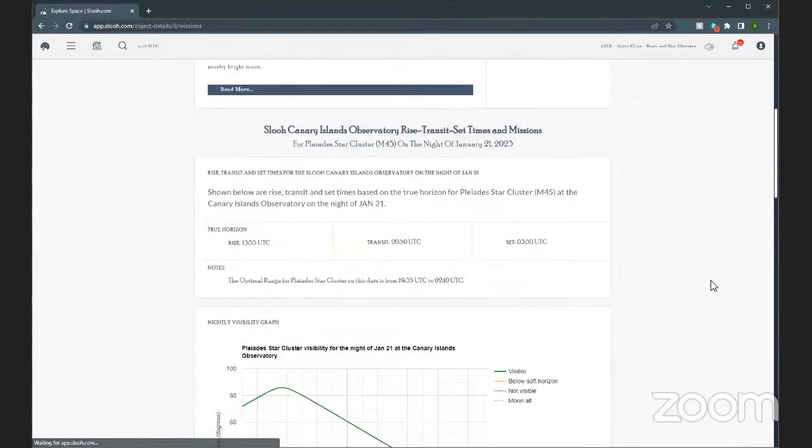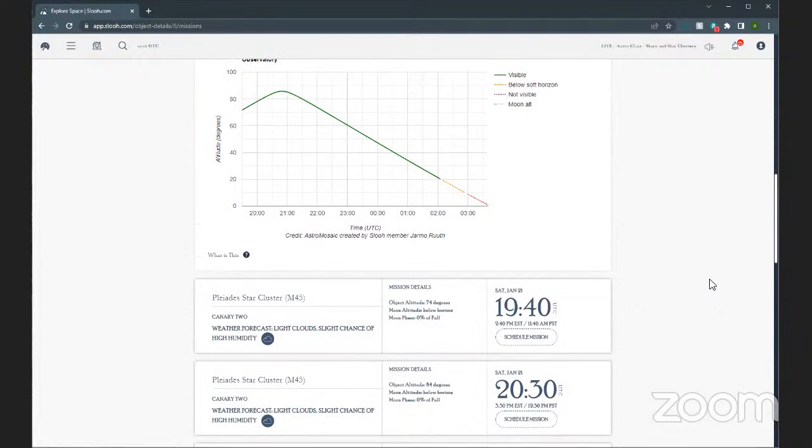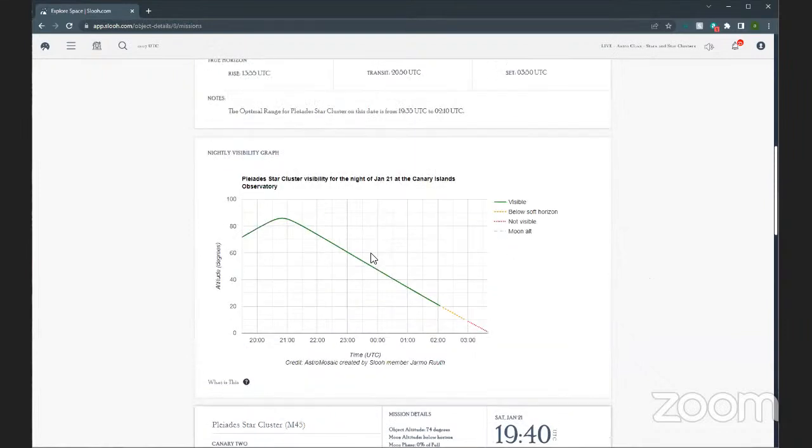Missions are the other thing. And one of the things I'm going to start doing, if we get schools on board with this, is I will start scheduling missions at the optimal times so that when you see my name pop up in a mission, you know that we're picking a time where you're going to get the best possible image. So you do have this graph. We want to get our objects when they're as close to the top as possible. So Pleiades, around